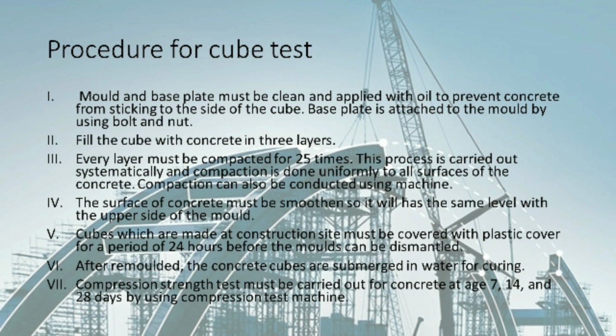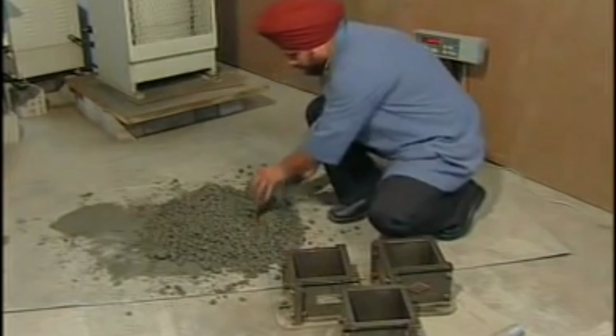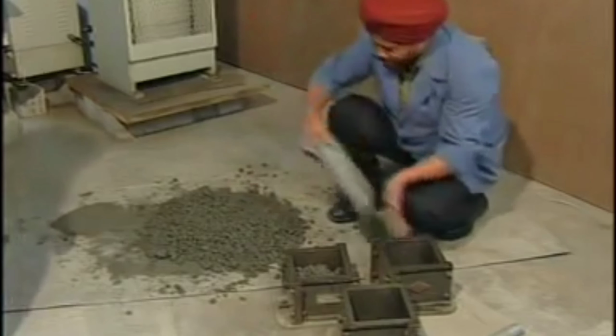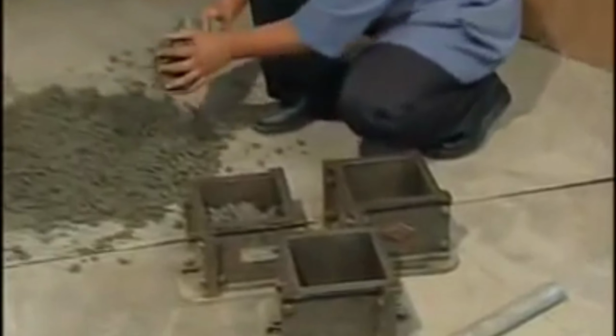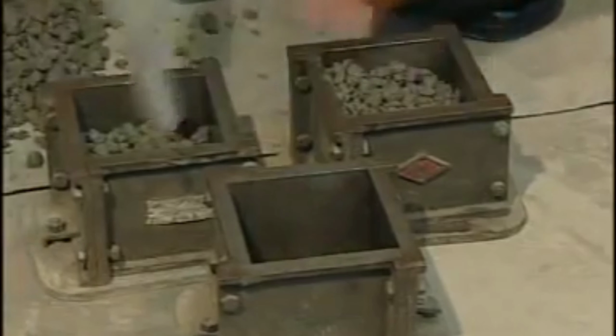And then the procedure for the cube test. Firstly, the mold and base plate must be cleaned and applied with oil to prevent concrete from sticking to the side of the cube. The base plate is attached to the mold by using bolt and nut. And then fill the cube with concrete in 3 layers. And then every layer must be compacted 25 times. This process is carried out systematically and compaction is done uniformly to all surfaces of the concrete. Compaction can also be